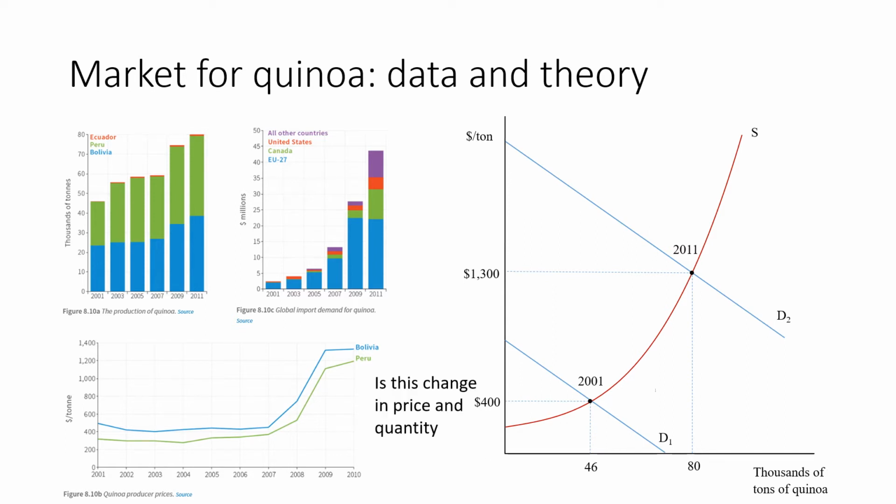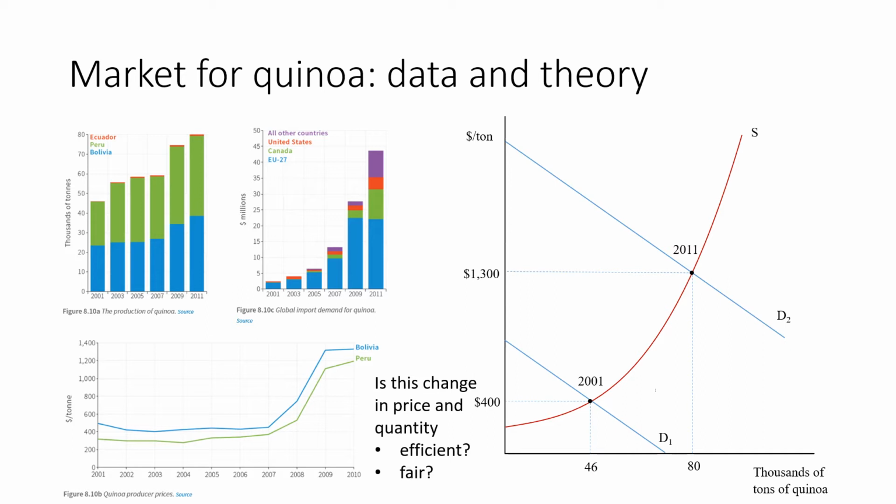So this change in price and quantity, is the change efficient? Well, it arguably is. People found out that they liked quinoa. They started buying a lot more of it. And the market's response was to produce this quinoa on this section of the supply curve, to start producing the next cheapest quinoa. In 2011, they still weren't producing this quinoa up here. It had even higher marginal cost, but they were producing all of this quinoa here. It was an efficient response.